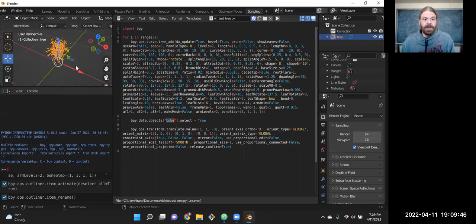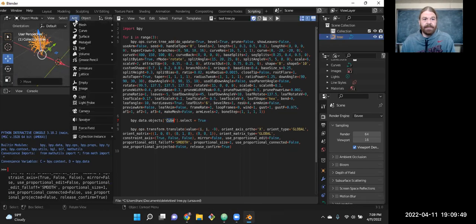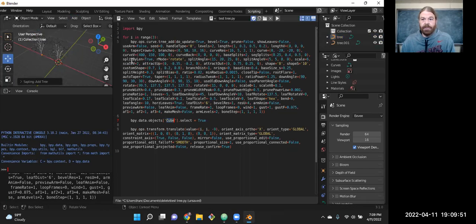Let me add another one so we can see how it names them. Add another one, and then we get tree.001. So it looks like our tag name, we'll ignore the first one and just leave it where it is. And then our second one we'll call tree.00 plus i. Hopefully that looks familiar to everybody who's seen some Python. That should be our tag name.